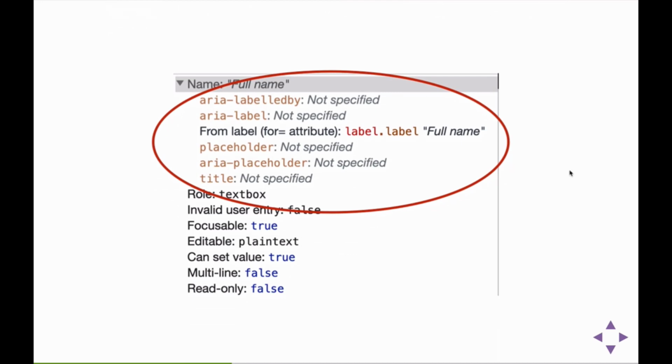So in this diagram here, we're looking at the names that are optionally provided. So we have, from the bottom, it could be done by the title, ARIA placeholder, the placeholder itself, the for attribute from the label, ARIA label, or even ARIA labelledby. And in this case, the label is providing the text full name, which then becomes the text string for the actual accessible name.